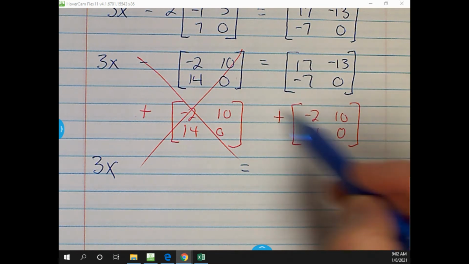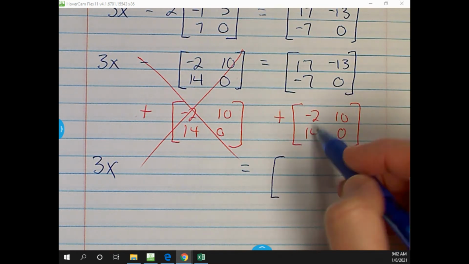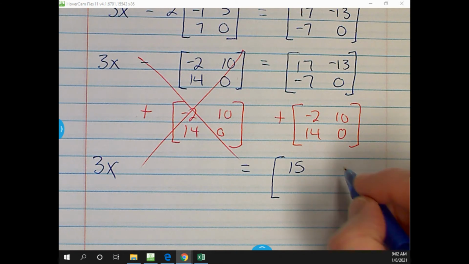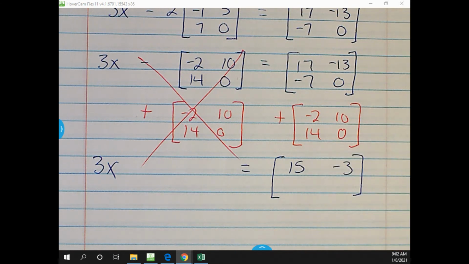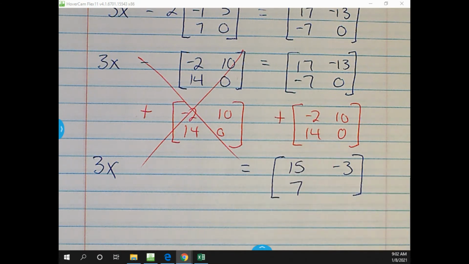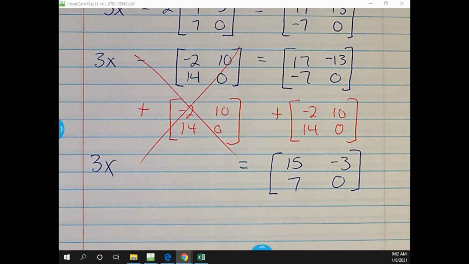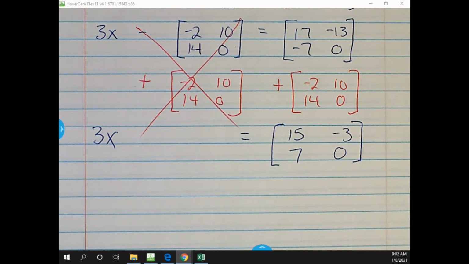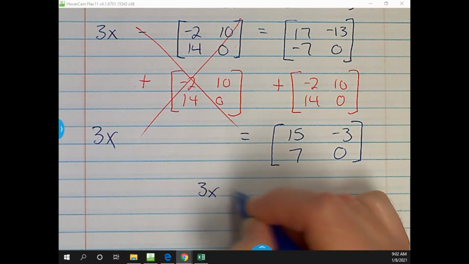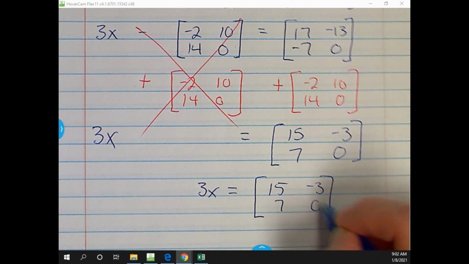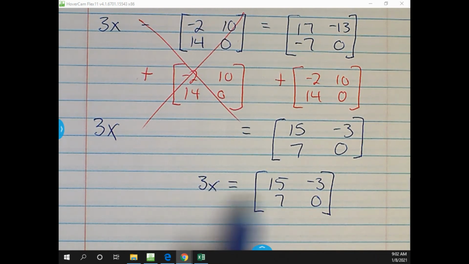It's 17 plus -2. 17 plus -2 would be 15. It's -13 plus 10, which would be -3. It's -7 plus 14, or 14 minus 7, which would make that 7. And this one is 0 plus 0, which winds up being 0. Okay, I'm going to bring that in just a little bit tighter here. Okay, and then the last step for this problem is if it was 3x equals 15, we would take both